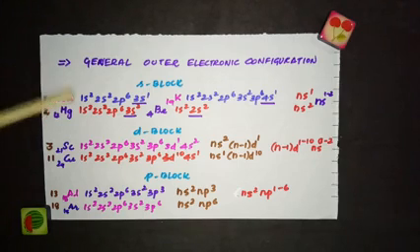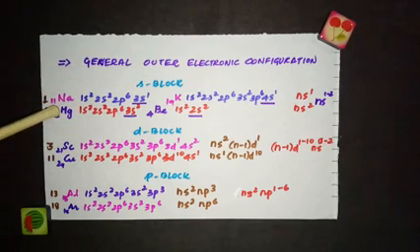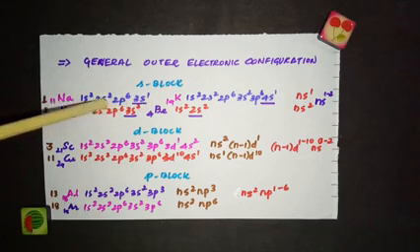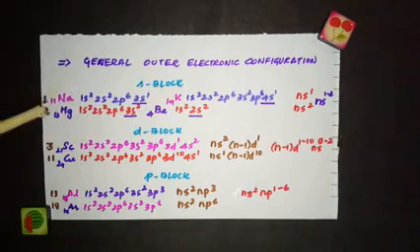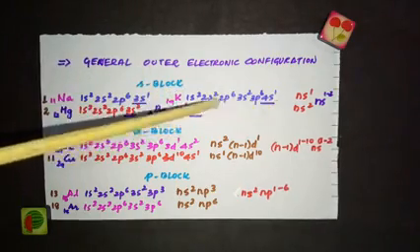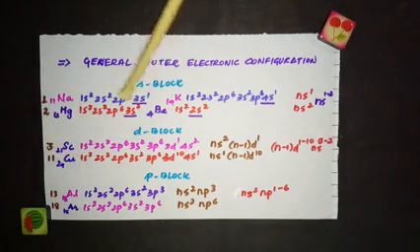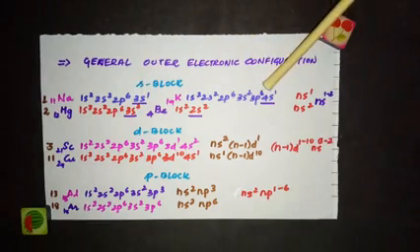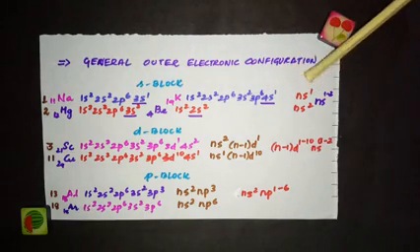See, I've taken an element from group 1, that is from s block. So sodium, the atomic number is 11, so I can write the electronic configuration like this. I have taken one more element from group 1, which is potassium. I have written the electronic configuration like this. Now see the valence shell configuration. For sodium it is 3s1, for potassium it is 4s1. So I can write this configuration as ns1.